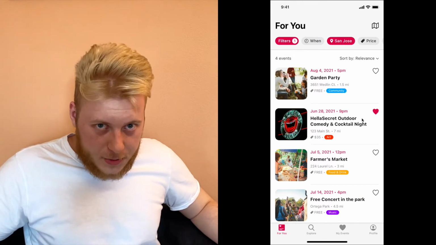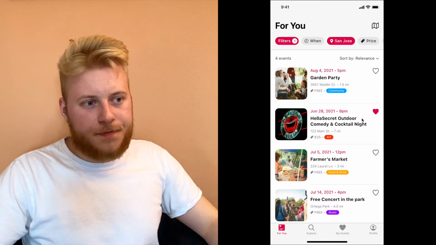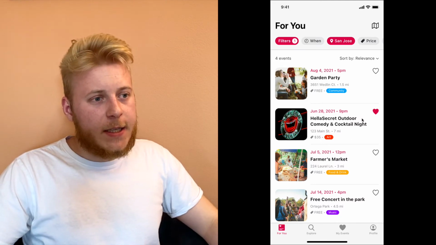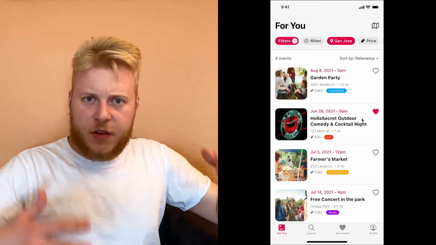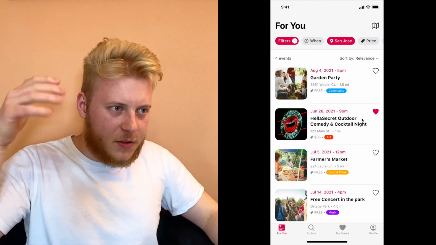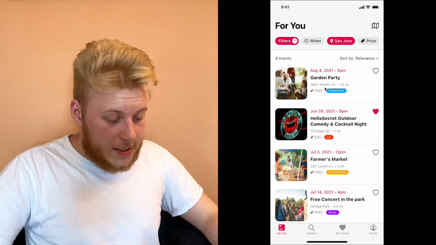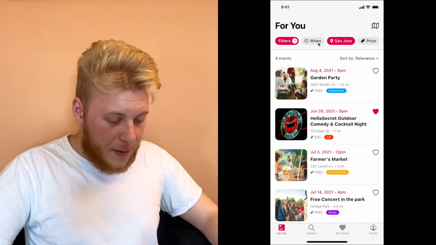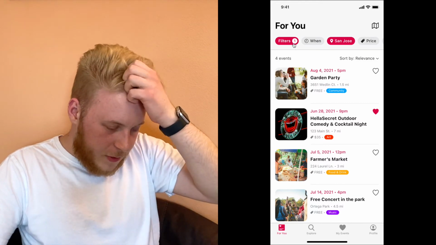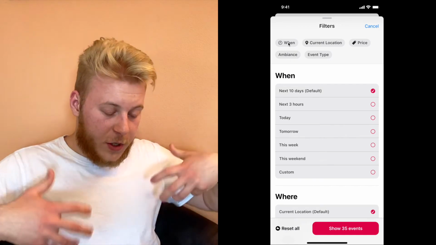Okay, now I want to go into some more details about what the filtering options exactly look like. Let's say I am a more experienced user and I want to change various filters all at one time. I know exactly what I want. I just need to scroll through a list and find several filters all at once. What I can do is go up here to the top where it says filters and click on this button, and a window pops up